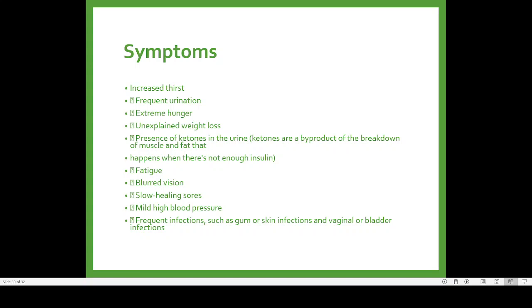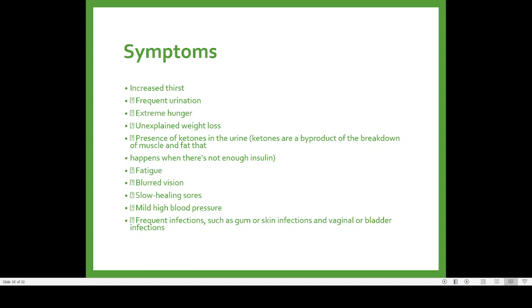The presence of these ketone bodies, especially acetoacetic acid and acetone, will be giving the smell of acetone. You may be knowing about nail polish remover. That is acetone. So urine will be having the smell of acetone or nail polish remover, and that situation is known by the name ketonuria. So that is another problem of diabetes. Diabetes will be resulting in ketonuria.